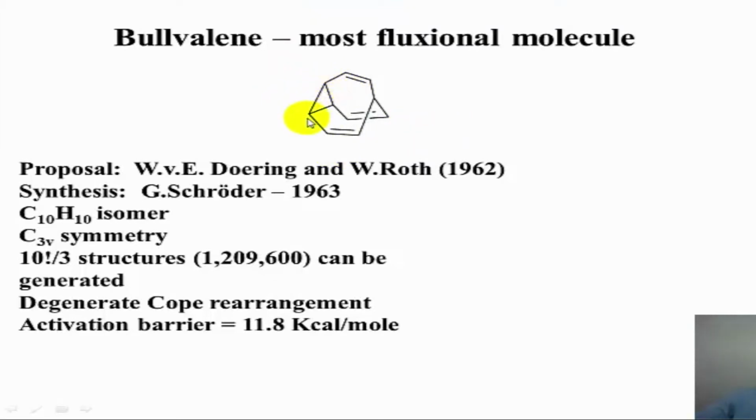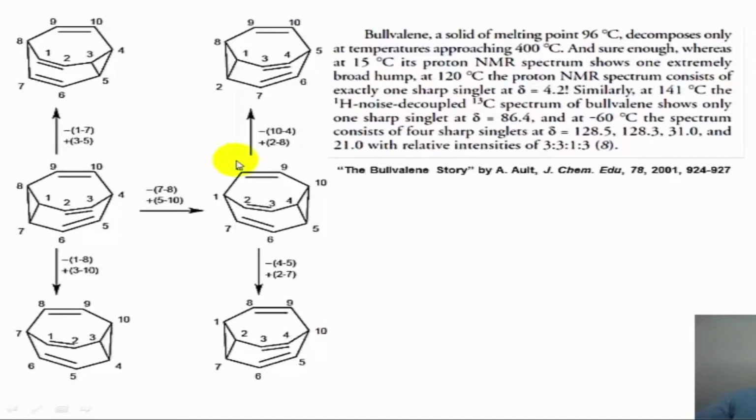Now if you consider the cyclopropane, this particular bond with the two vinyl groups, this is actually a divinyl cyclopropane which can undergo the Cope rearrangement, which is a 3,3 sigmatropic rearrangement. From the variable temperature NMR, the activation barrier for this rearrangement has been calculated to be about 11.8 kilocalories per mole. Let us look at the rearrangement in a little more detail. What is happening here is the 3,5 bond is cleaved such that the rearrangement takes place with the pi system, and a new bond is formed between 1 and 7.